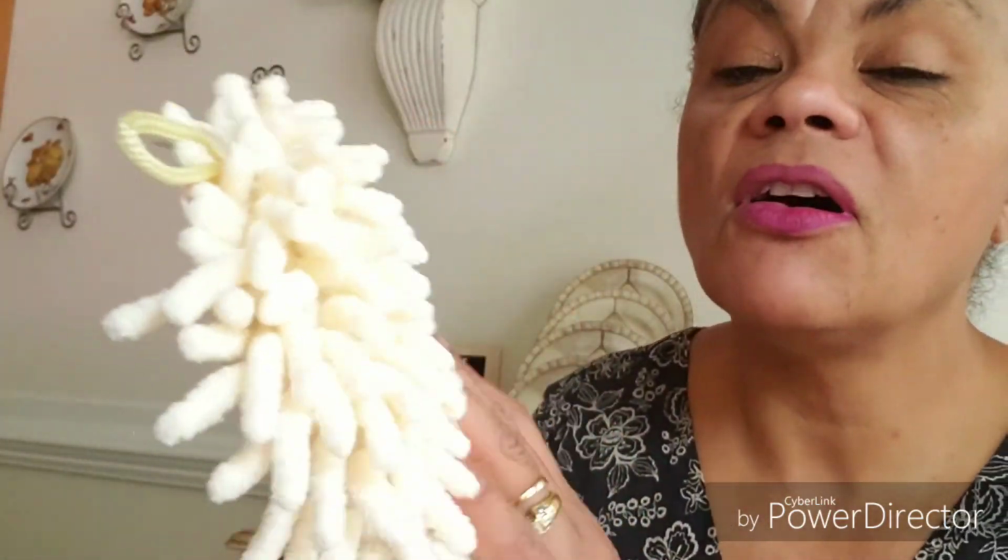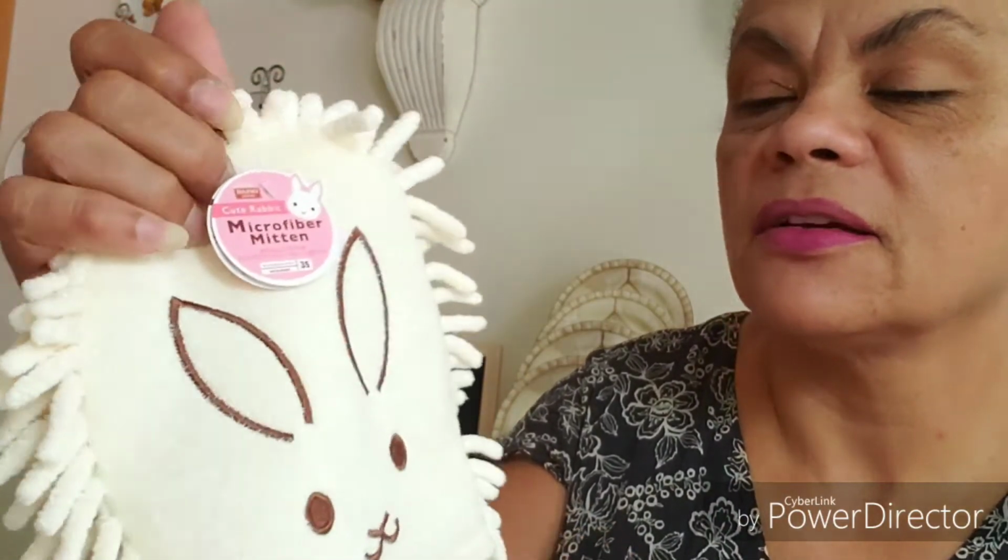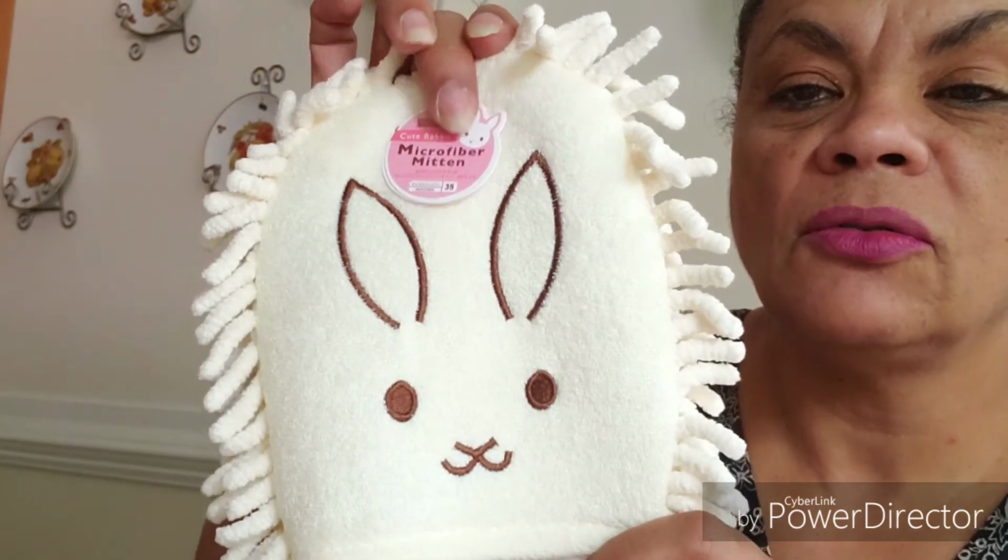I don't know, got too much dust around here. Look at it. It's so soft. Isn't that cute? A little bunny. Yeah, it's a cute rabbit. That's what it said. I don't know if I want to use that on my dust around here. And then I got this one. This is another cute rabbit, the pink one. Isn't it cute? It's soft. But I'm sure they're probably washable. I can't see, even though I got glasses sitting right here. And the last thing I got here, and I'll have to,